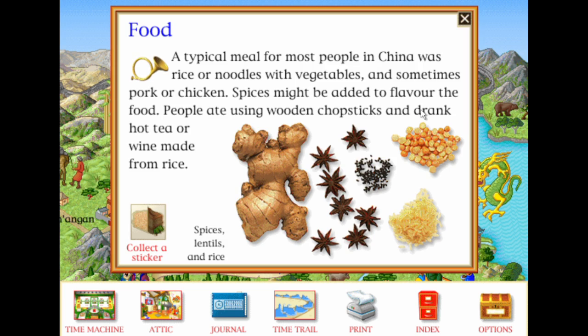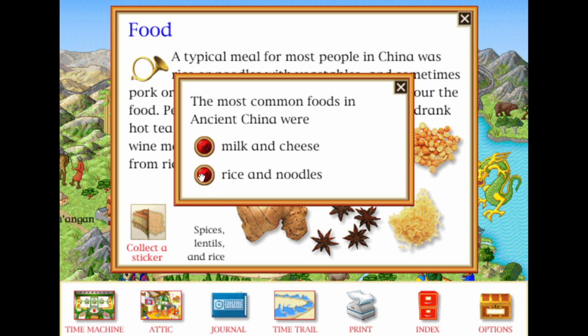Food. A typical meal for most people in China was rice or noodles with vegetables, and sometimes pork or chicken. Spices might be added to flavour the food. The most common foods in ancient...